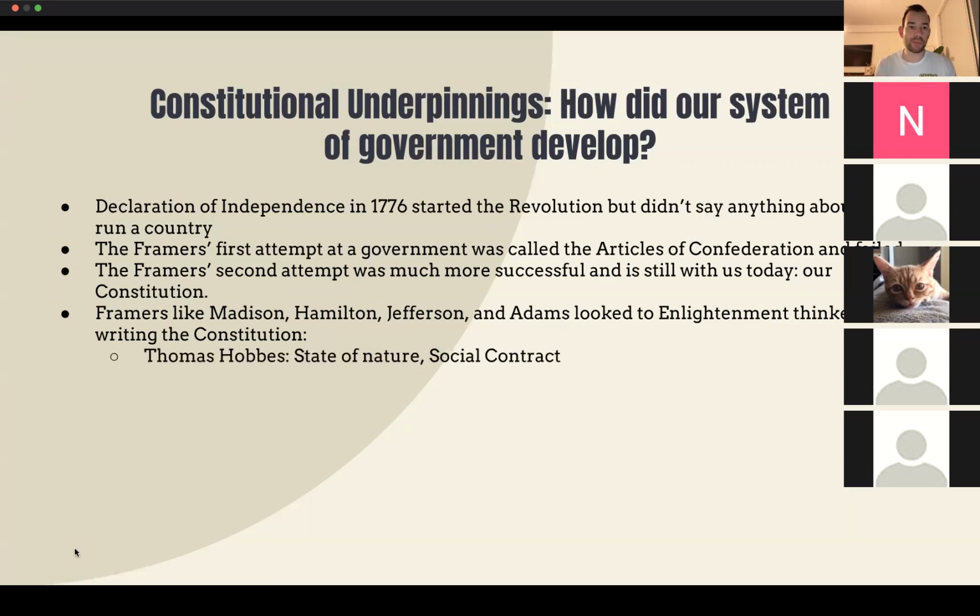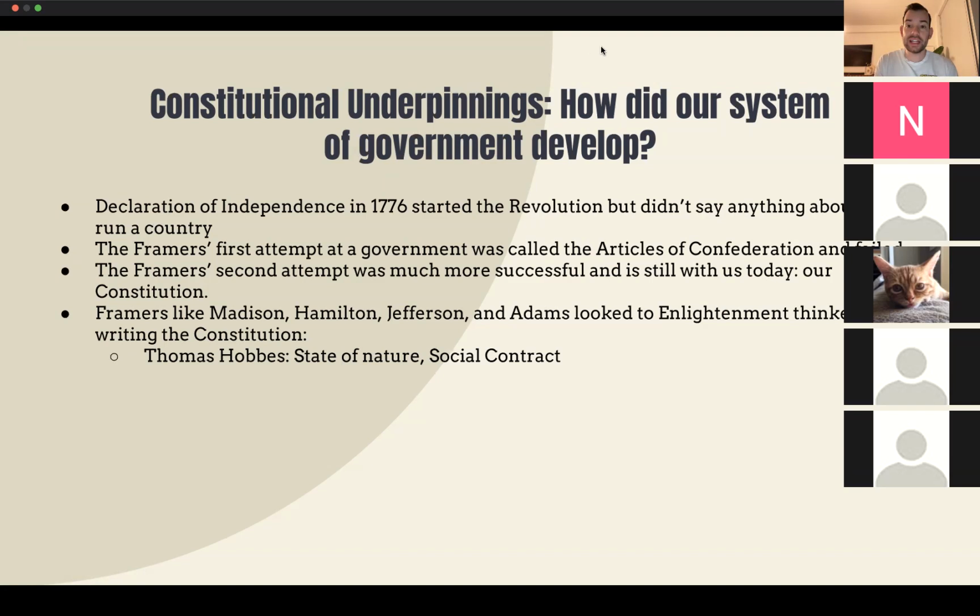Hobbes is famous for writing a book called Leviathan. You may have heard of that book and you probably will read it if you want to do political science in college. Hobbes says that in the state of nature, before we have any kind of government, it's pretty dangerous out there. People can just kill each other if there's no rules in this state of nature. And so he says what we need, and what we all enter into when we enter into a society, is a social contract, meaning we give up some freedom. We give up the freedom to kill each other in order to be protected.